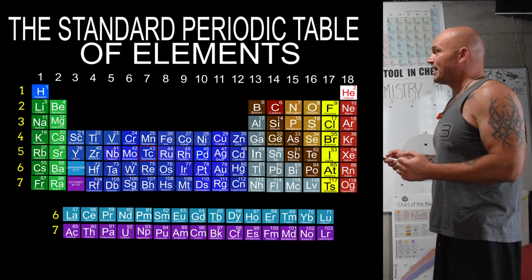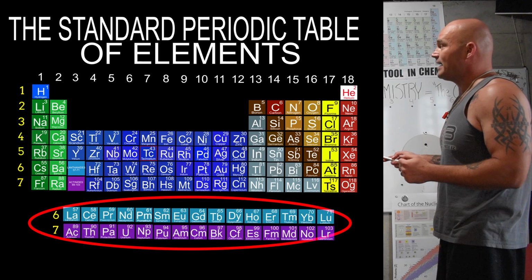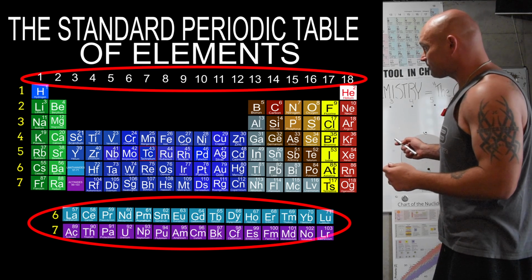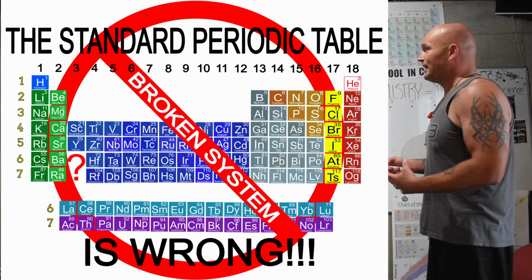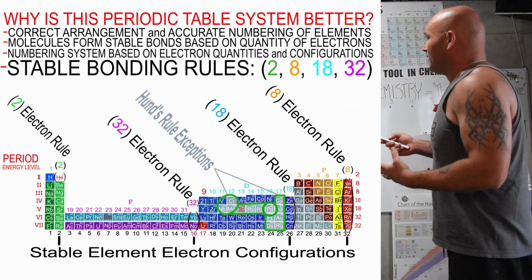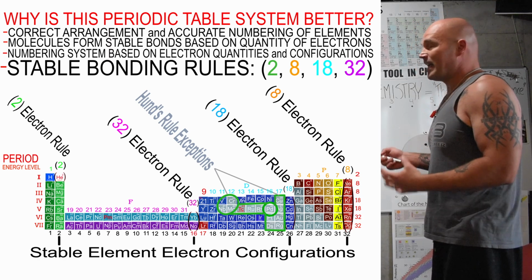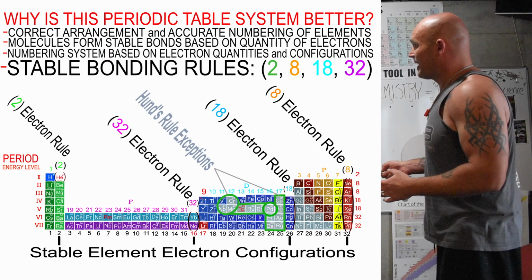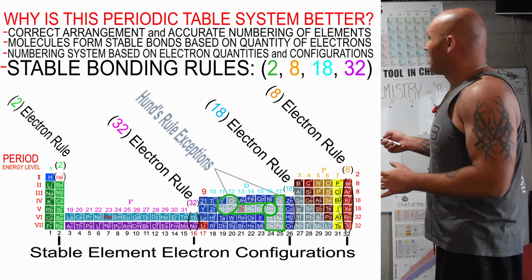The standard periodic table has an incomplete numbering system. If you notice, it's numbered 1 through 18, and it always excludes the rare earth elements, and it's actually not an accurate numbering system. It doesn't correspond to useful element data, whereas the Genesis system numbering corresponds to valence electrons in the first and second columns,